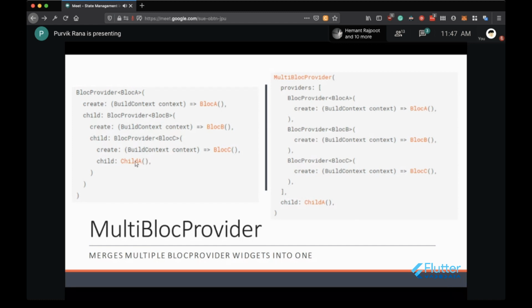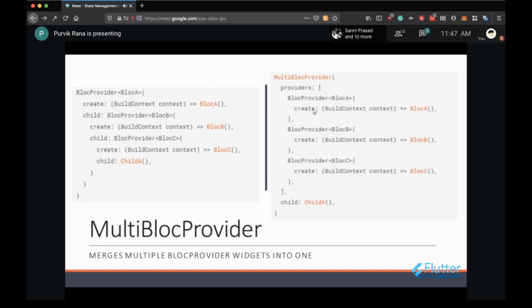So instead of using this nested structure, you can directly use the multi-block provider widget, which consists of one thing, that is providers, and inside the providers it will consist of an array of block providers. So the same syntax is there, block provider, the type of the block that you want to pass, and you have to pass this particular syntax that we are using to create the object of that class.